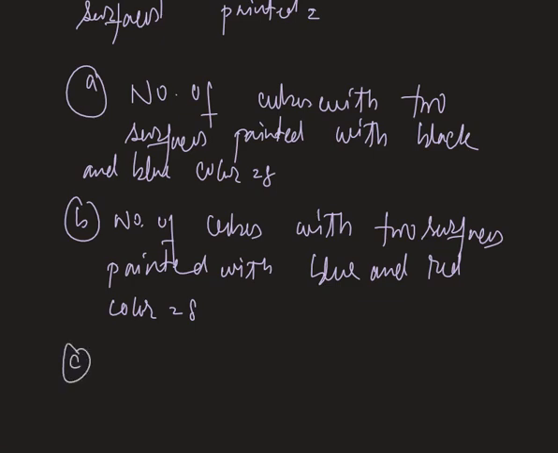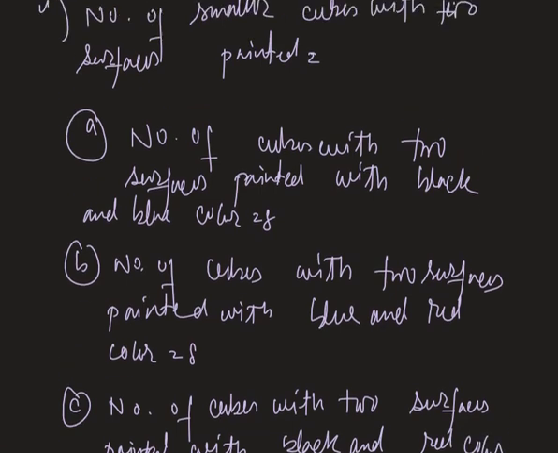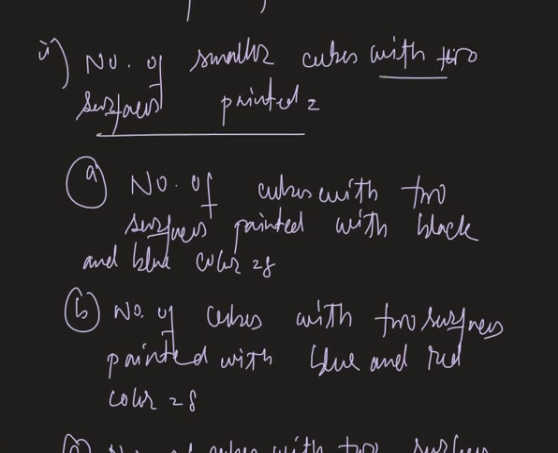And lastly, the number of cubes with two surfaces painted with black and red color is also 8. Therefore, the total number of cubes with two surfaces painted is 8 plus 8 plus 8, which is equal to 24. Okay,